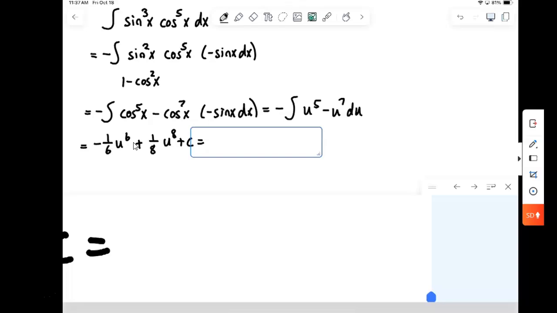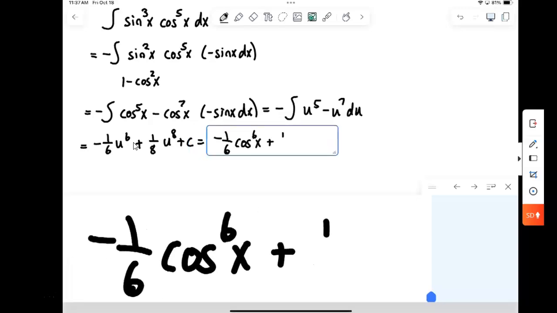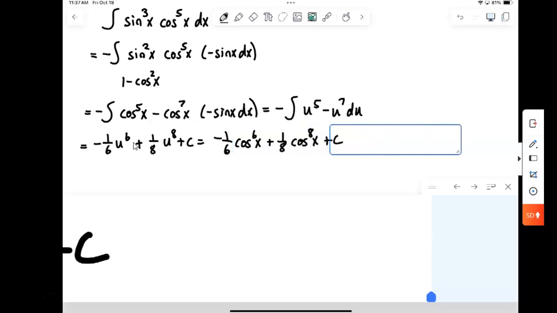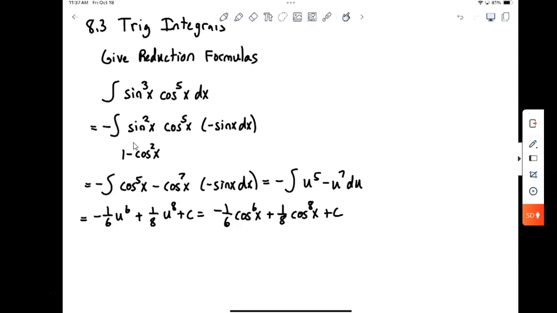And that'll give me negative 1/6 cosine to the sixth x plus 1/8 cosine to the eighth x plus our constant. So that's just an example of a sine cosine integral, working that out,